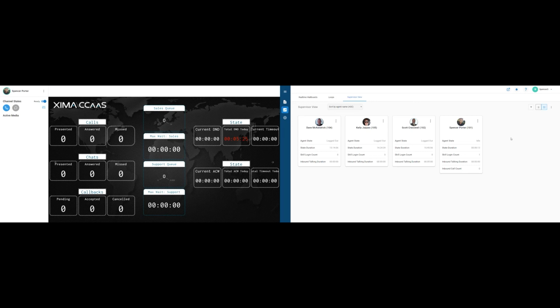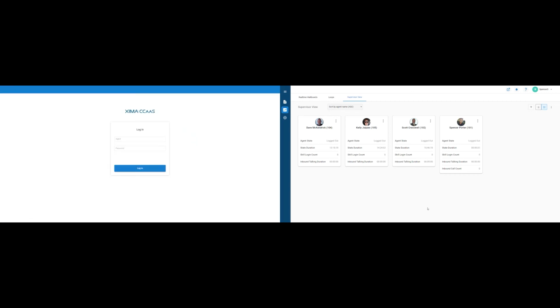Now, last thing here to point out is, let's say he forgets to log out of his Contact Center agent client at the end of the day. I have the option to go down here and click Log User Out. It's going to say Log Out was successful on our screen right here. Now, if you wait a few seconds, it's going to pop out over there on the other side as well. Notice that Spencer has been logged out. It reflects the state here, as well as Contact Center agent client has been logged out over there.